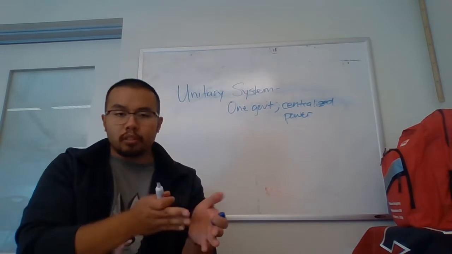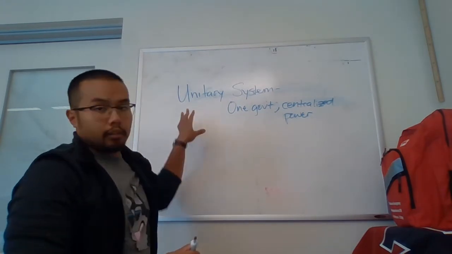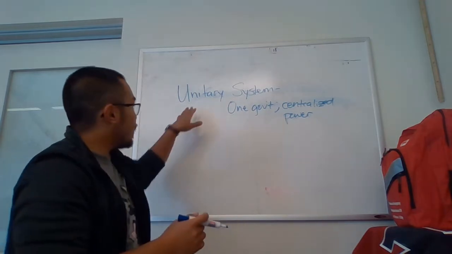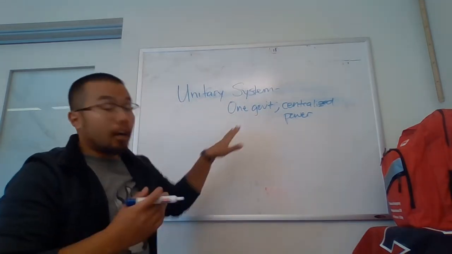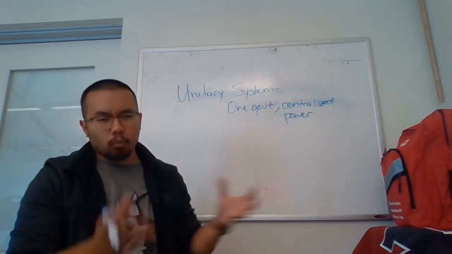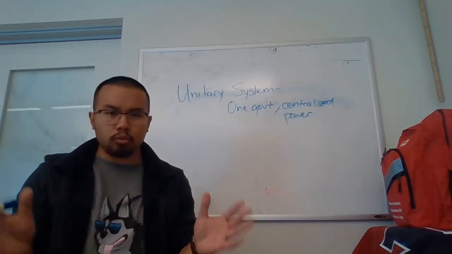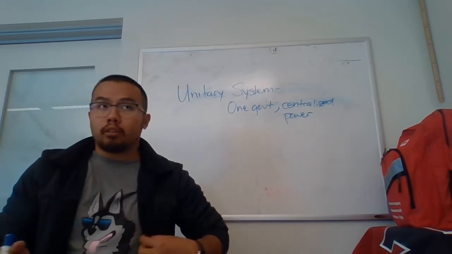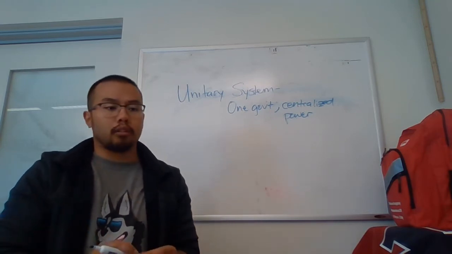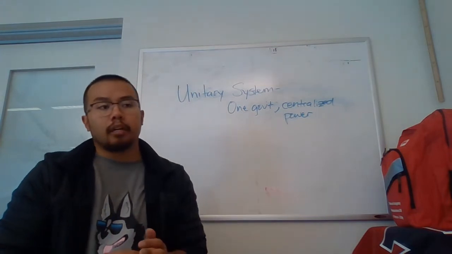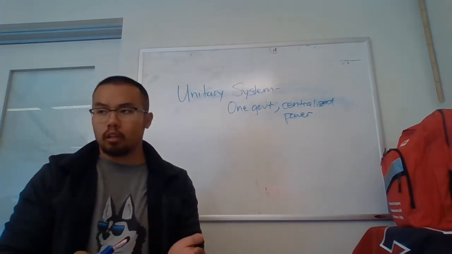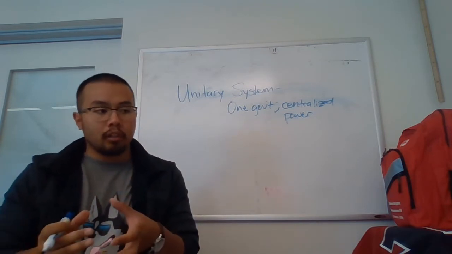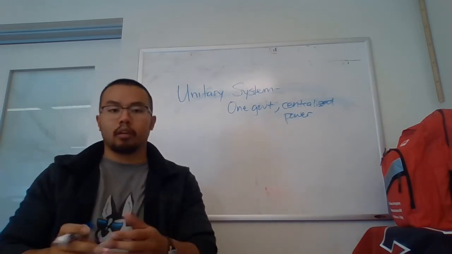Going on to the opposite of a confederation, you have a unitary system, right? If you break down the word, uni means one. And so if you think about it, it's only one government. In other words, centralized power, right? One lawmaking body to make all the rules for a society. The example I give, if you want to look at current or actual unitary systems nowadays, you can look at Great Britain, right? They don't have municipalities, they don't have counties, right? They just have one law-making parliament to make laws for everybody, okay?